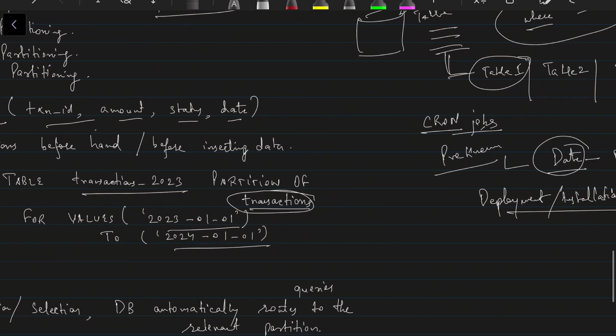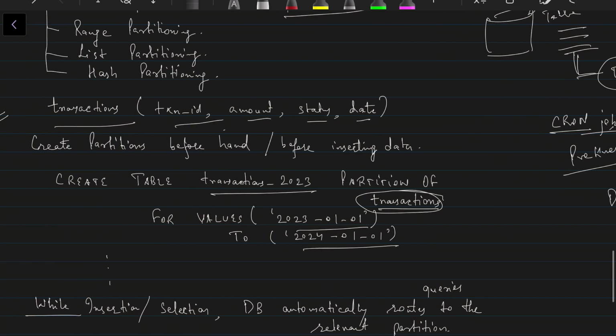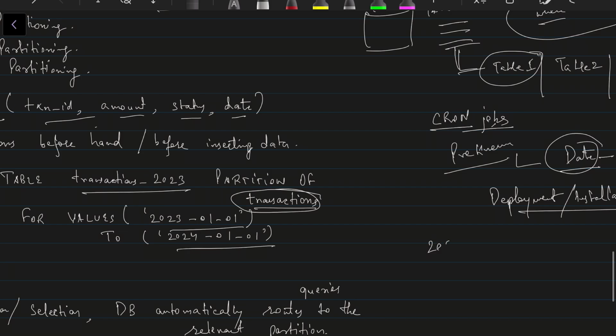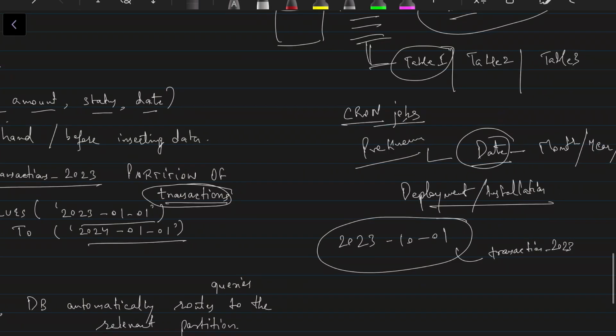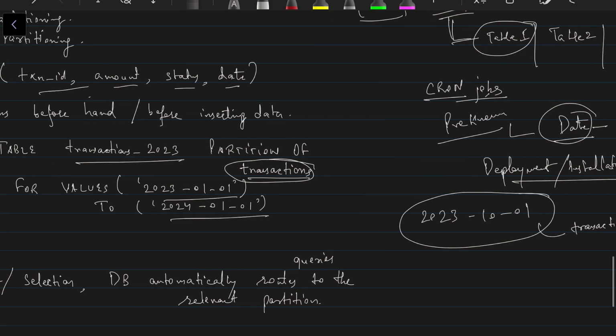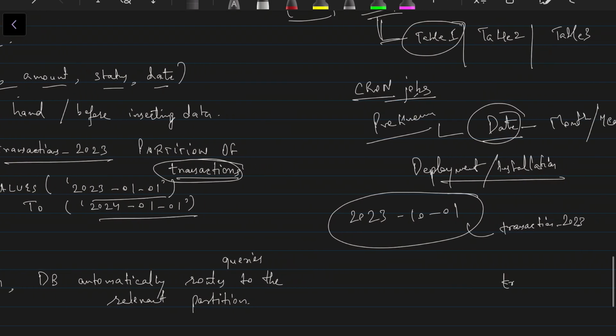अब होगा क्या, कोई भी वैल्यू जिसकी डेट जो होगी, फॉर एग्जांपल 2023, 10, 01, तो ये ऑटोमेटिकली कौन से टेबल में जाएगी, ट्रांजैक्शंस 2023 वाले टेबल में जाएगी. सिमिलरली, अगर मैंने कोई एक और पार्टीशंस बना रखी होगी, ट्रांजैक्शंस